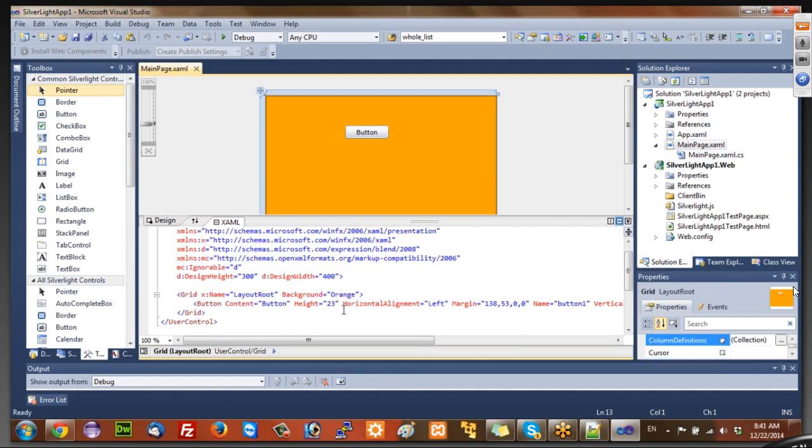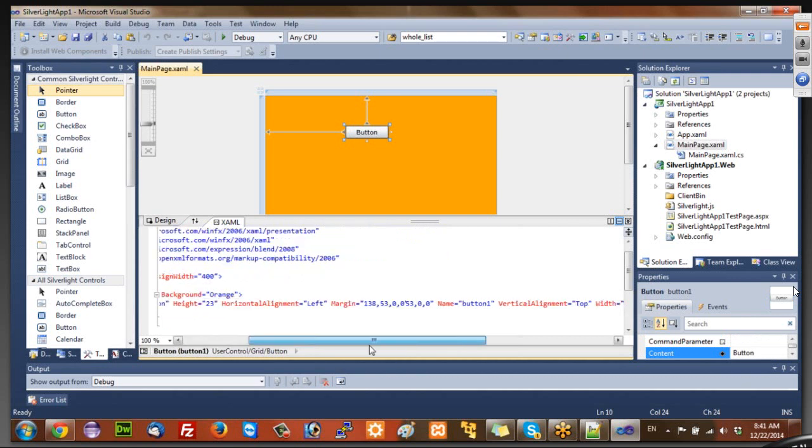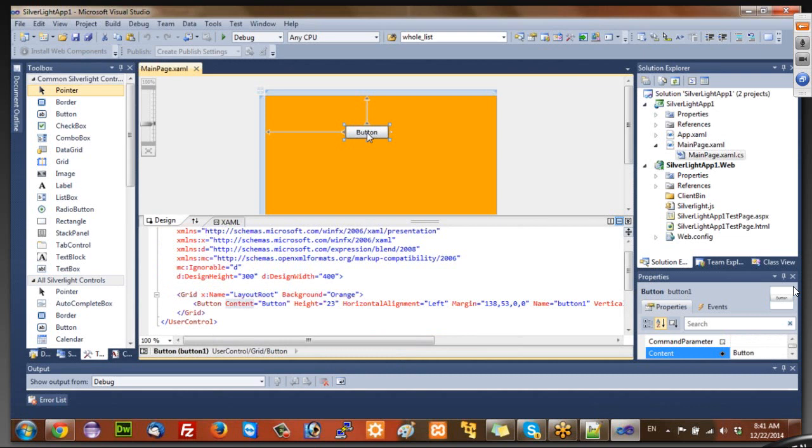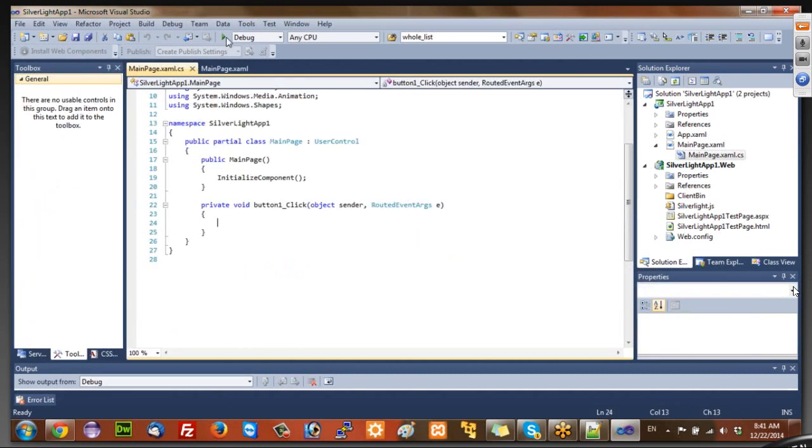The background of the grid I have changed to orange, and I just placed a button, that's all. When you click it, it takes you to the event listener, which is here. And here, if you want to write any code, you can write that. So if you run this,